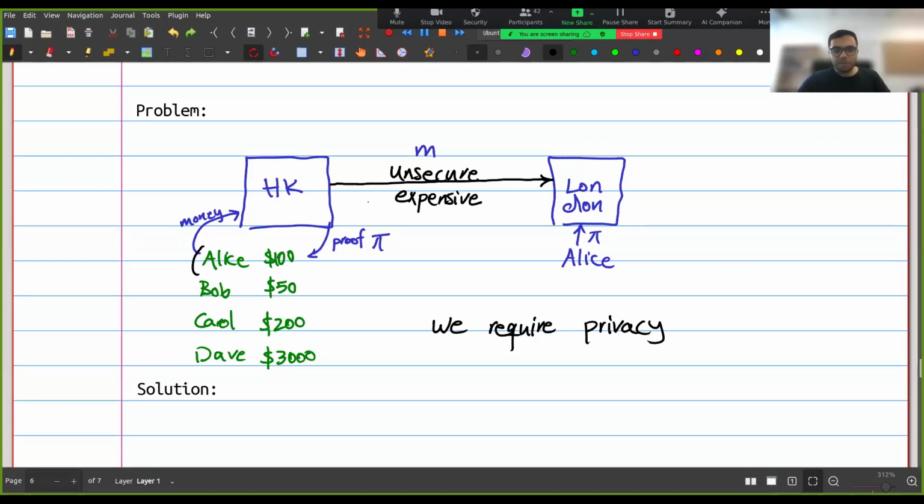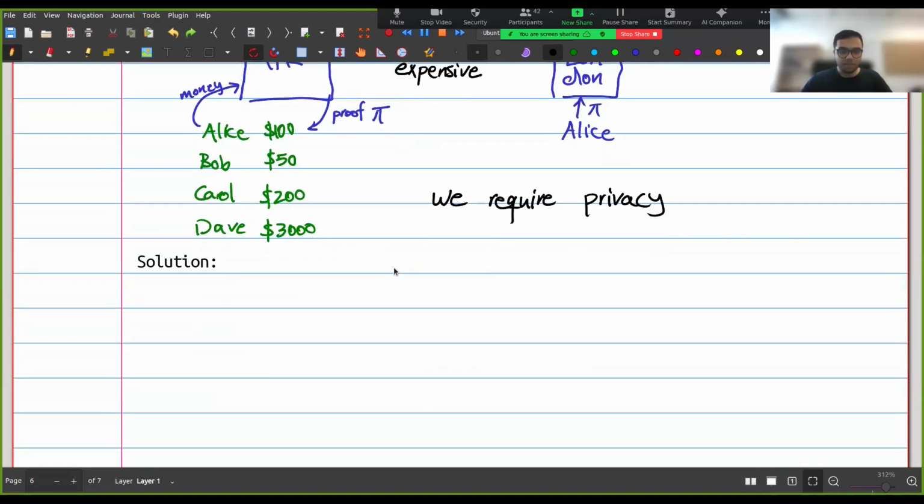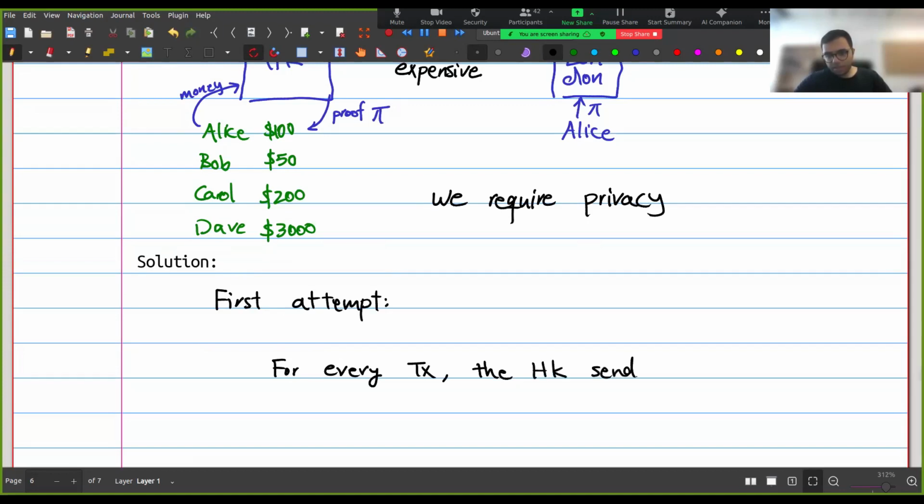Of course, here again, we have the problem that someone might brute force the hash. So we have to add some salts. And then we can say that the proof is the salt, right? So this is our first attempt. Is that we say for every transaction, the bank or the Hong Kong branch sends the hash of that transaction and some nonce. So actually, let's call it transaction I, the hash of transaction I with some nonce to the London branch,